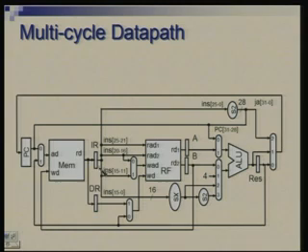So, for example, when an instruction is brought out from memory, it is stored in the instruction register. When data is read out from memory, it is stored in the data register. Similarly, operands from the register file are brought out into registers A and B, and the results of the ALU operation are kept in a register called RES, short for result. So, now we need to control all these components.